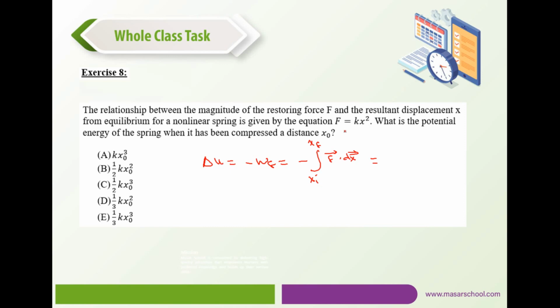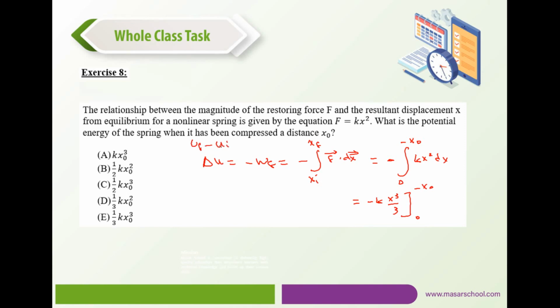Now let's replace the force F by its function, given by minus the integral of kx squared dx. Now let me set the boundaries of the integral from the equilibrium, which is 0, to a displacement x. We're not sure if this is an elongation or compression, but they told us compressed by distance x0, so minus x0. And k is a constant, it would be dragged out, and x squared would give us x cubed over 3 from minus x0 to 0,